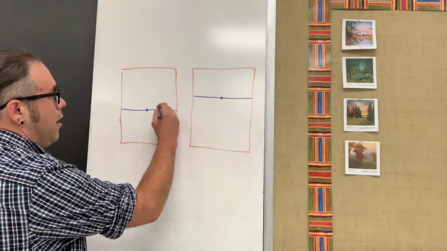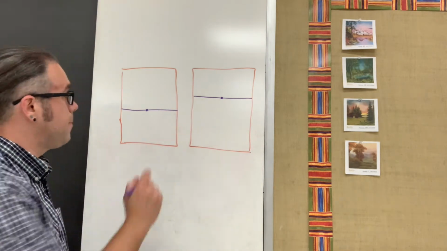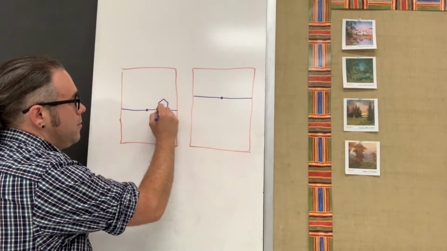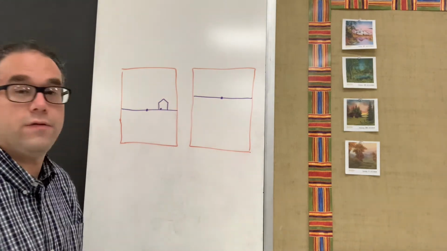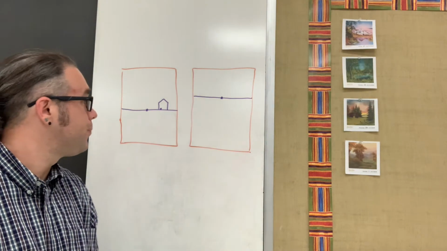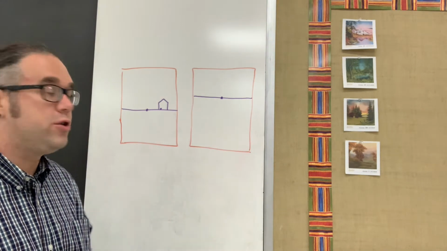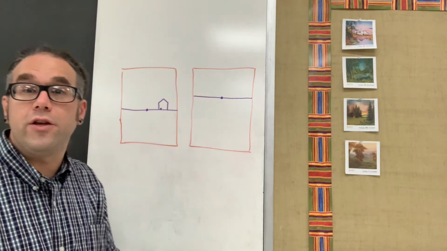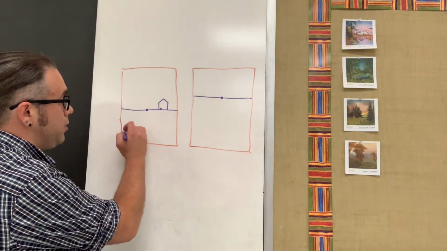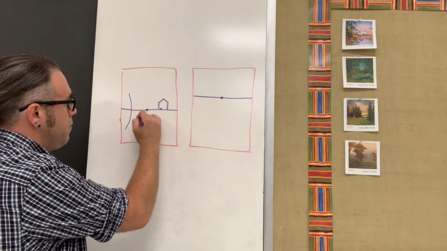Right here, I'm gonna go ahead and put my house on the horizon line, just a very simple house. And I'll make it kind of small. We're gonna make that house be far away, okay? Then we're gonna draw a tree out to the side, but we want it to grow beyond the horizon line, like the tree is closer to us then. So I'm gonna start below the horizon line, draw it above,